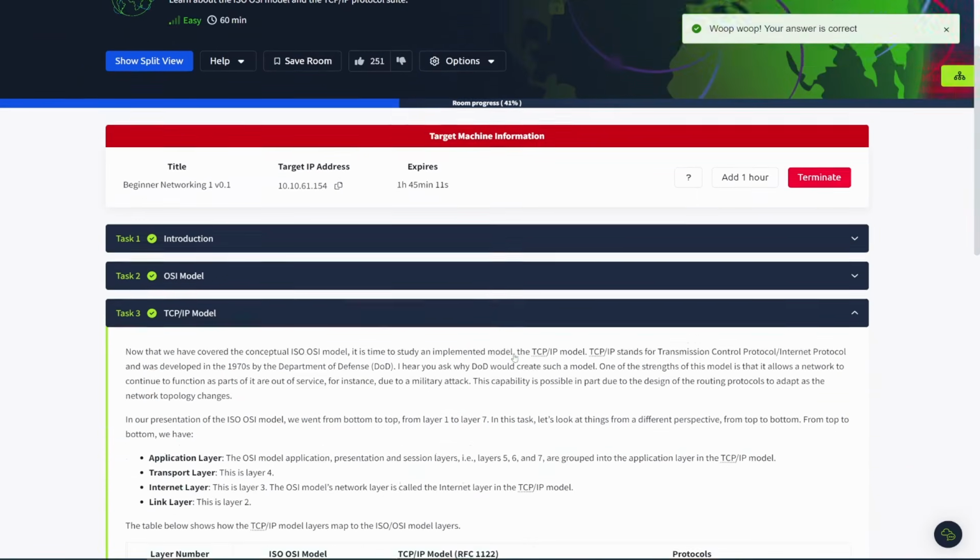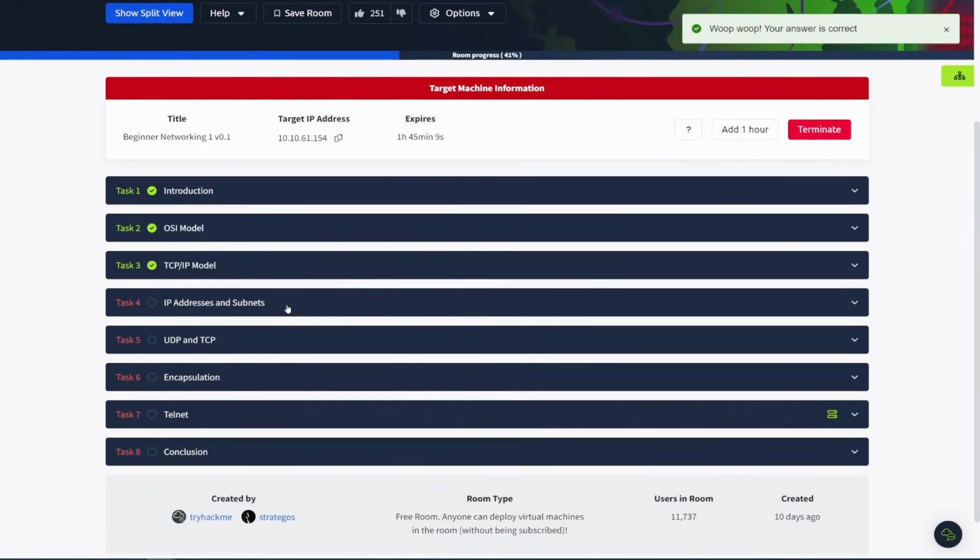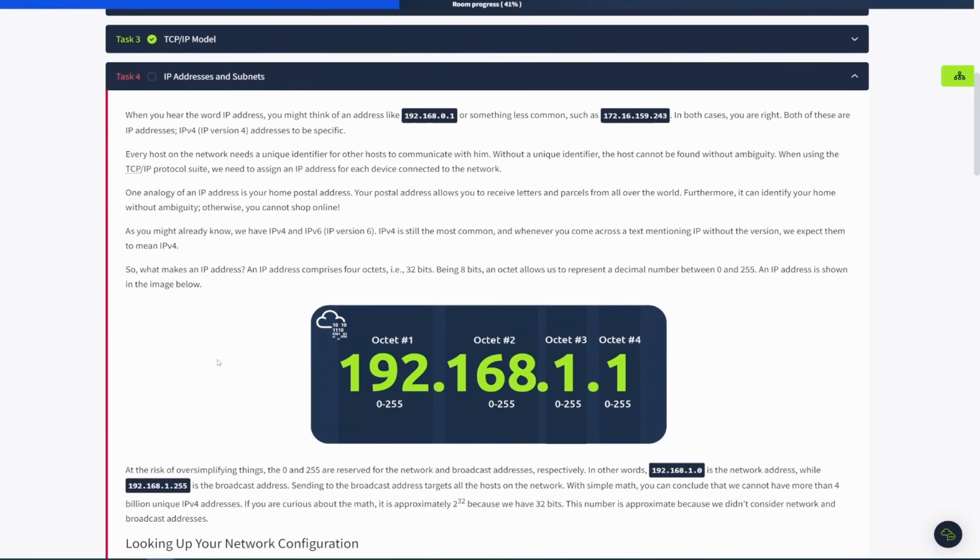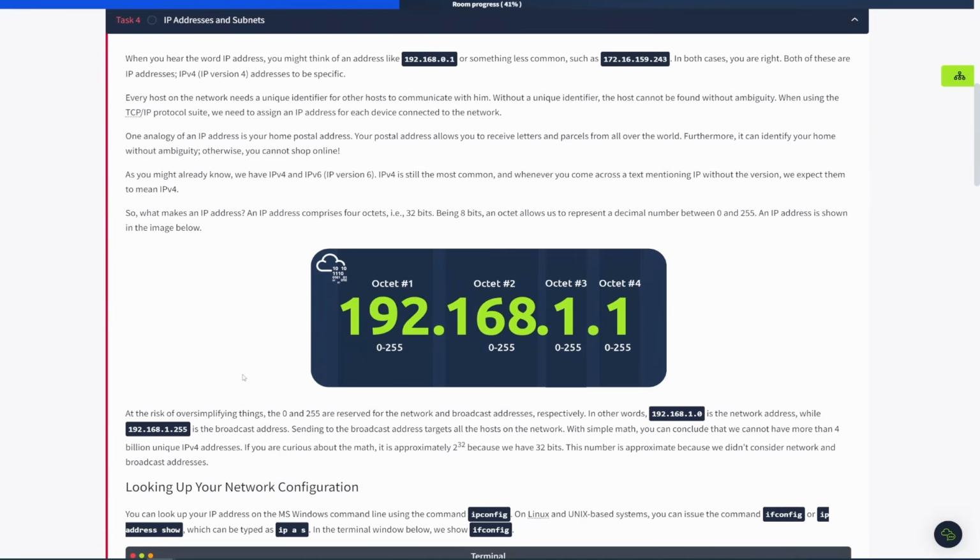Perfect. And with that, we have finished task number 3. Now it's on to task number 4, IP addresses. So IP addresses, what are they? They're unique identifiers that help us identify things on